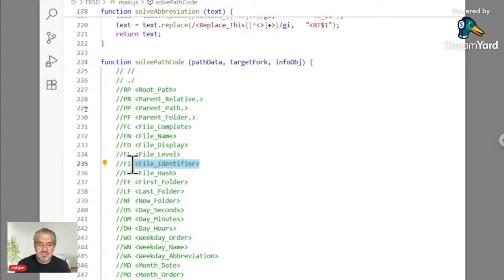File identifier, file hash, it's a number representing the file used in ID. First folder you can use for auto generating new folders. Last folder, new folder,